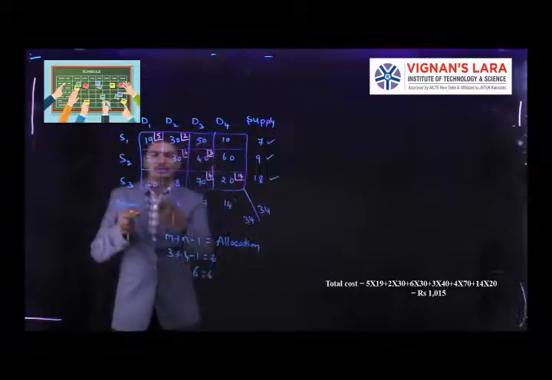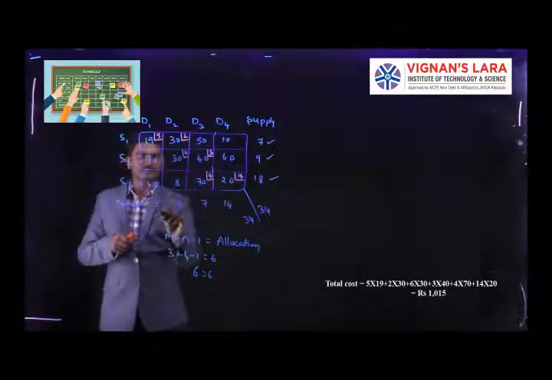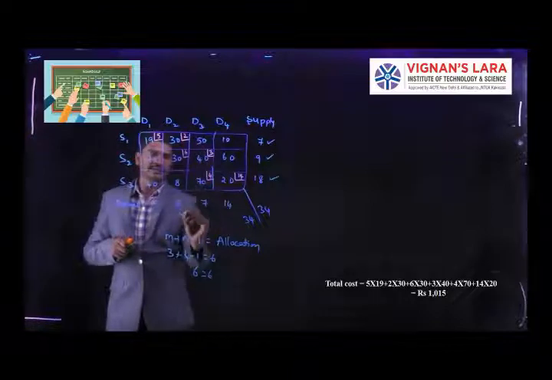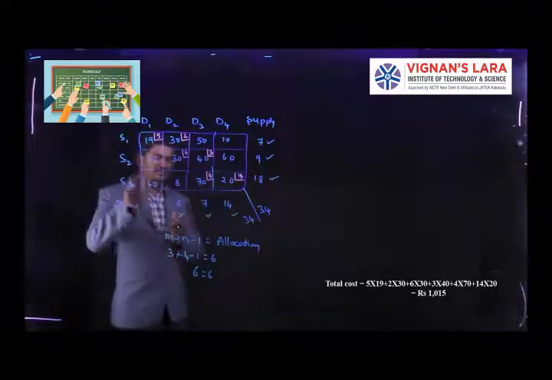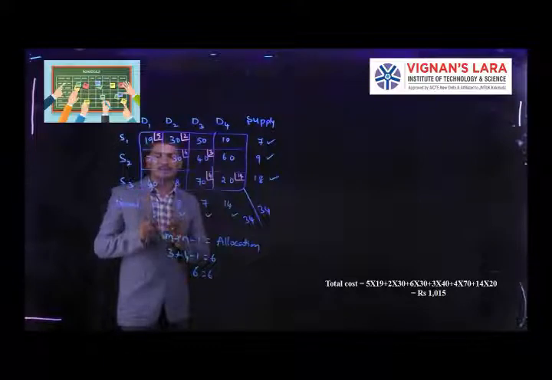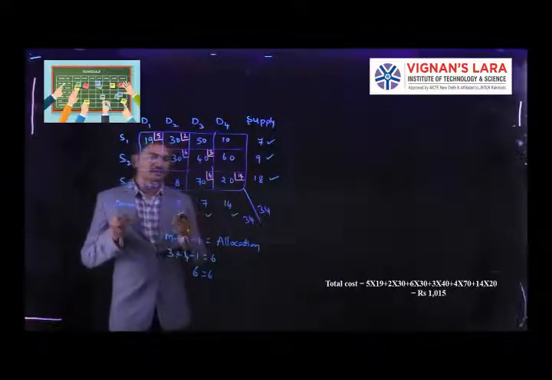Next coming to the columns, here 5 units, the demand is okay. 2, 6, 8. Next 3, 4, 7. Next 14. Okay, finally it reaches the optimality. The initial stage is over.